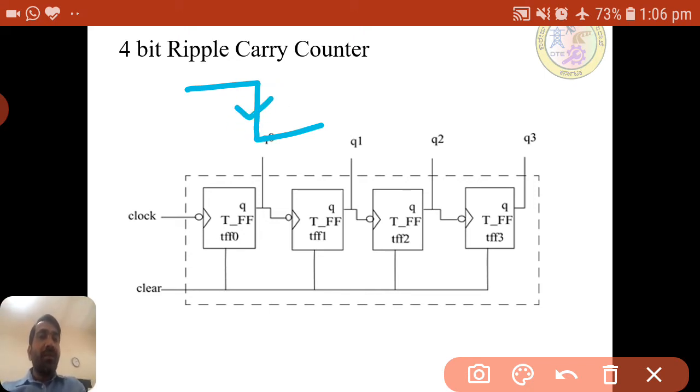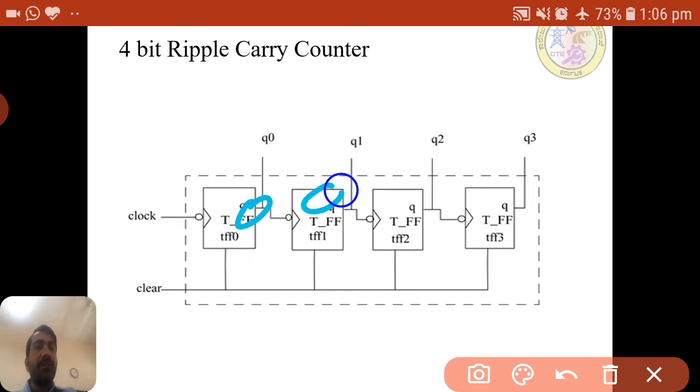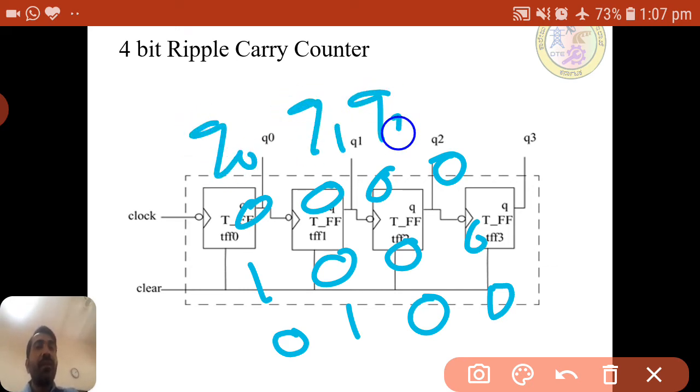So it goes 0 0 0 0, then 0 0 1 0, and here it will be 0 and here it will be 1. Actually they have written it in reverse here: according to this diagram it is q0, q1, q2 and q3, but usually we will see it in the reverse direction.